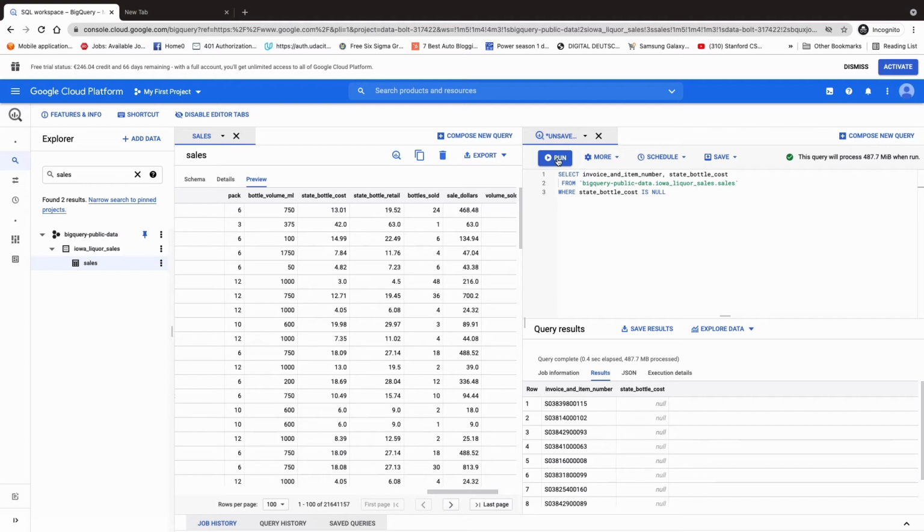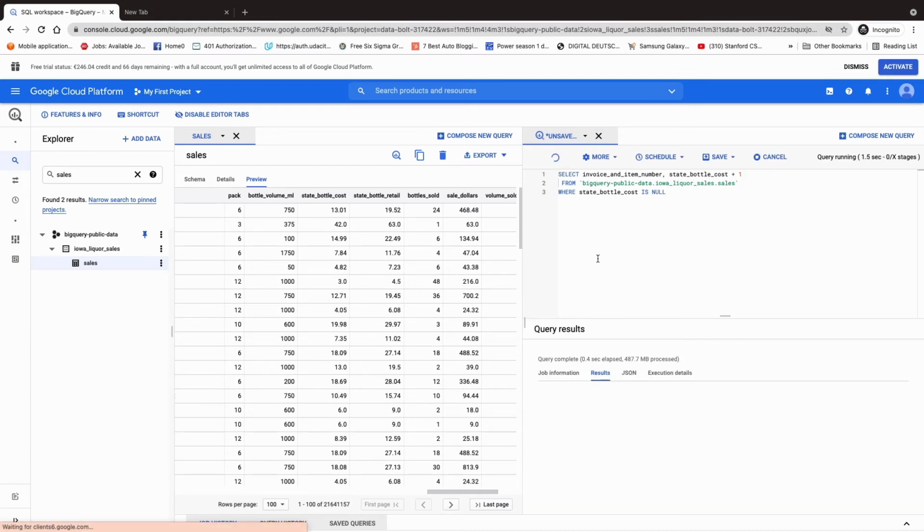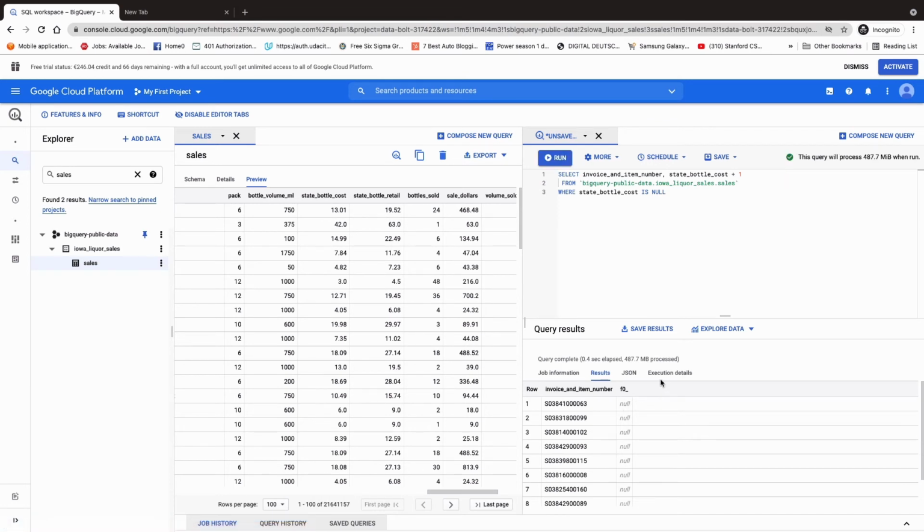Now, assuming maybe the government just comes and says we have to add just $1 for every bottle cost. And then we try to just do that directly to these cases. So we assume that this state bottle cost is free, but because of the government policy, we are supposed to add a $1 charge. And so when we run this to add the $1 charge to the existing state bottle cost for the null cases,